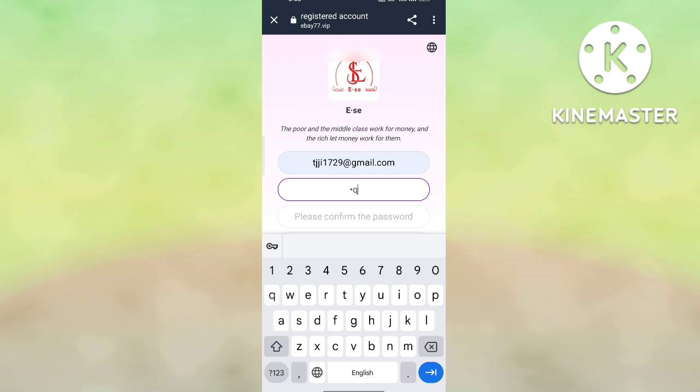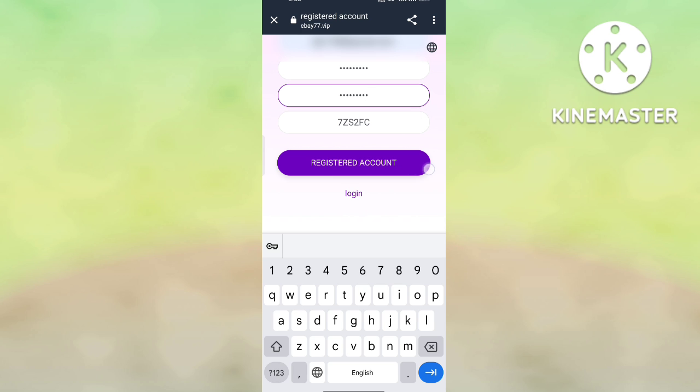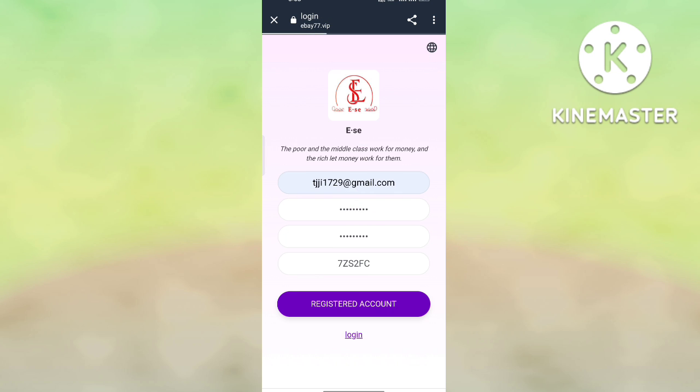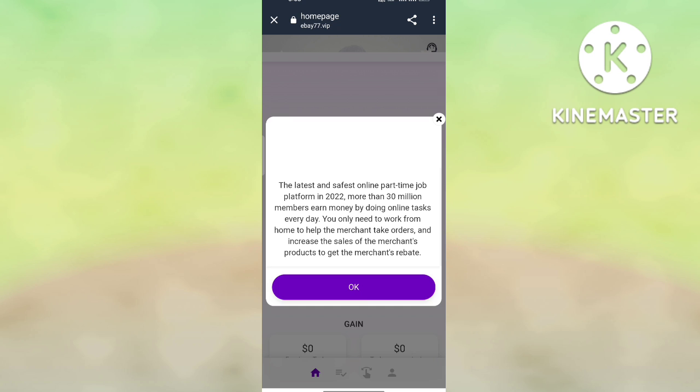For that you simply have to enter your mobile number. First of all you need to check your country code here like this. Okay, you can choose your country code, then you have to enter a mobile number. I'm giving a random number, not my exact number. Then click on send verification code, and the verification code will be sent to your mobile number. Then you have to enter it here like this. Okay, after that you have to